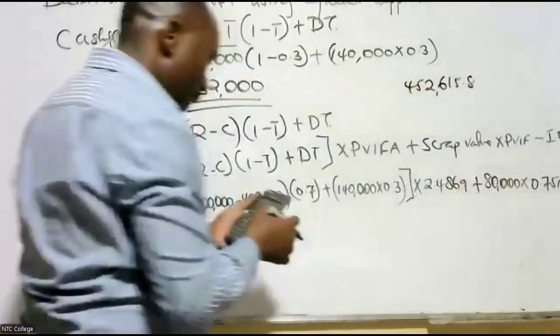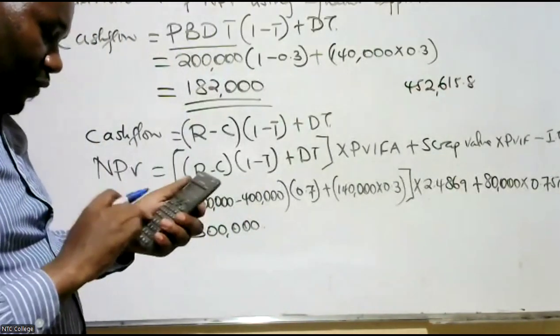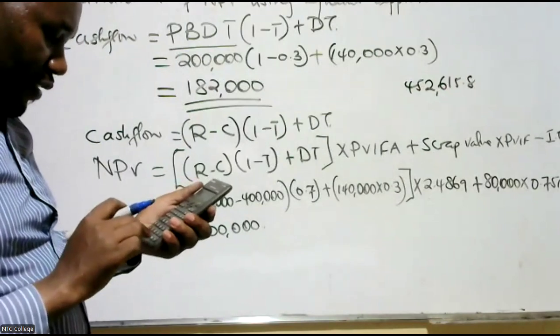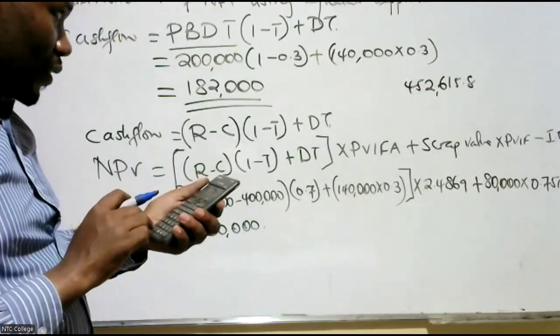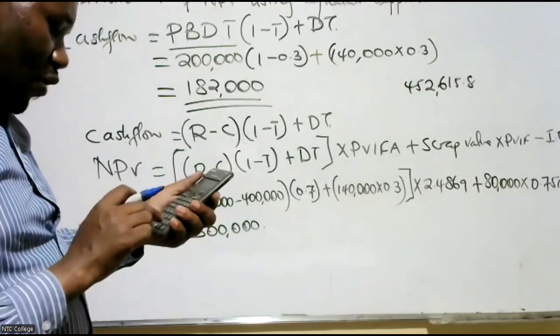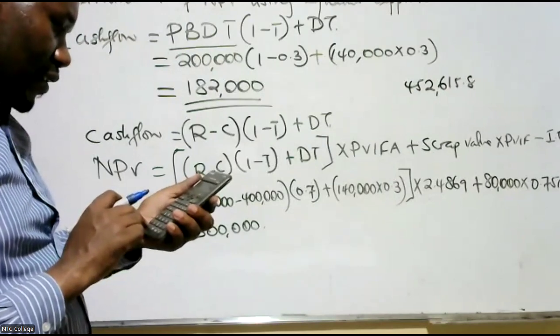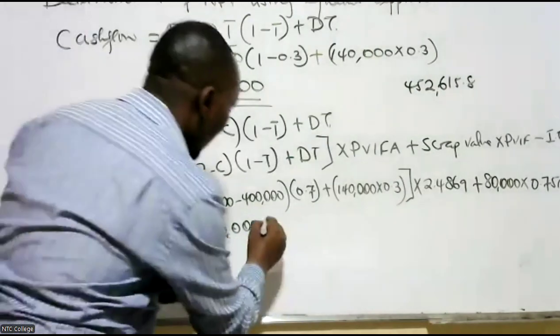Now discount for me this 80 times 0.7513. Then now plus 452,615.8. Then now minus 500,000. I'm getting my